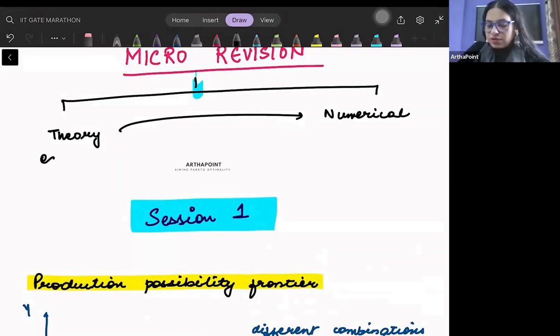So for example, if you are revising utility concepts, then you need to go ahead and you need to